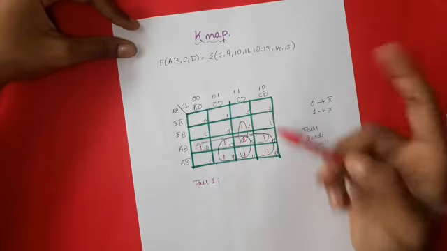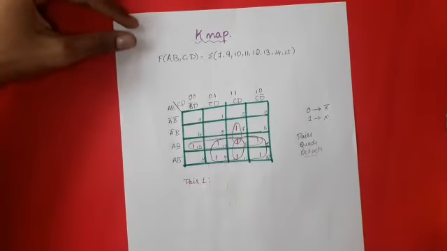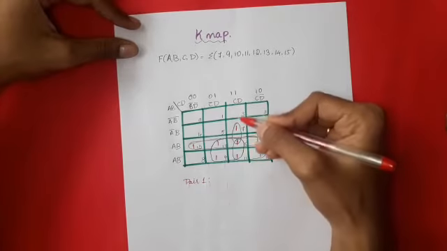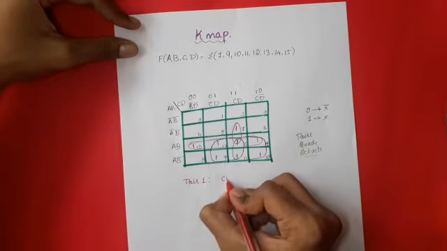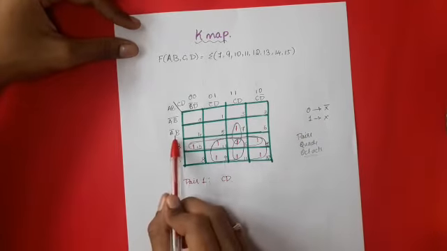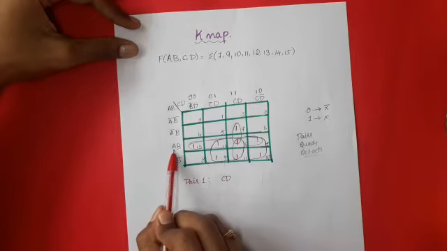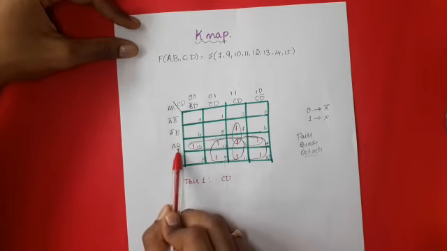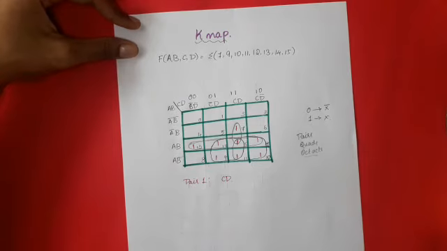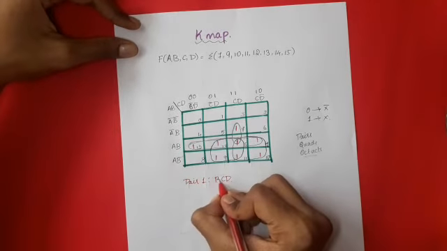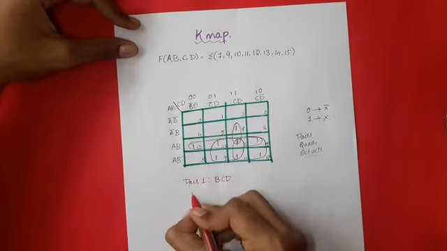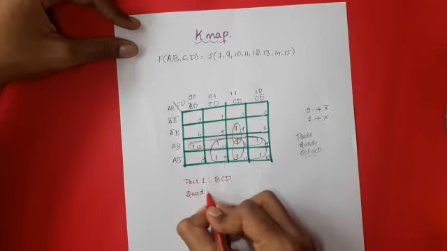The thing which is not changing, we should write down, that is C D is not changing. So C D you write like that, and here A bar is changing to A, and B is not changing to anything. So A bar, A is neglected and B you should write like that. Okay, and next is quad 1.